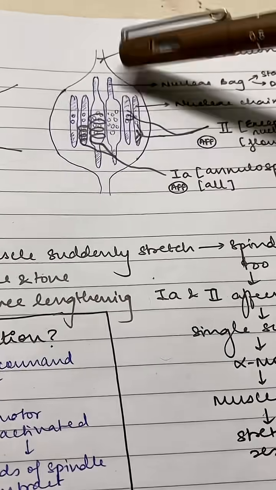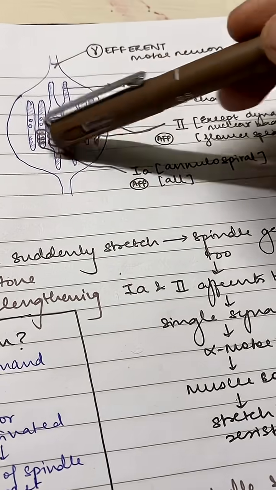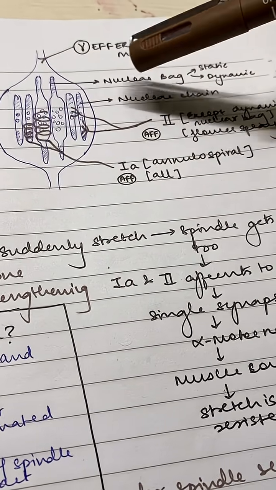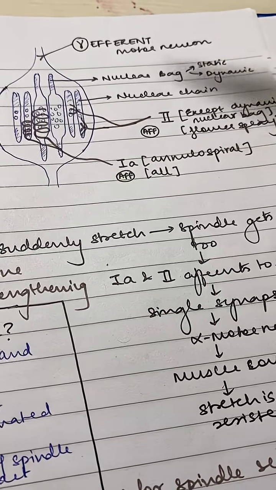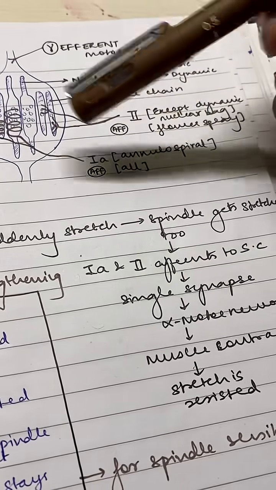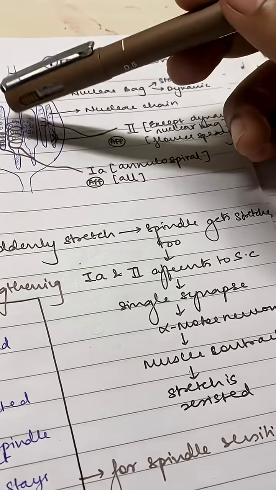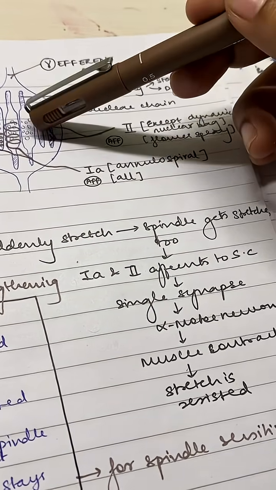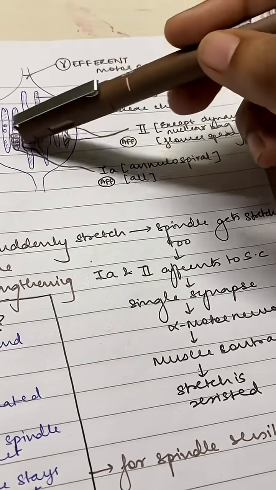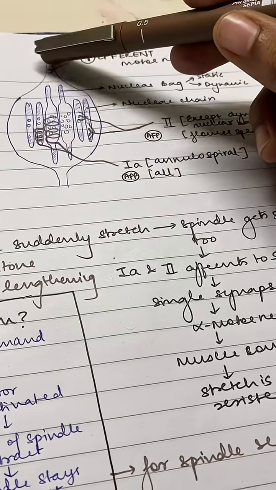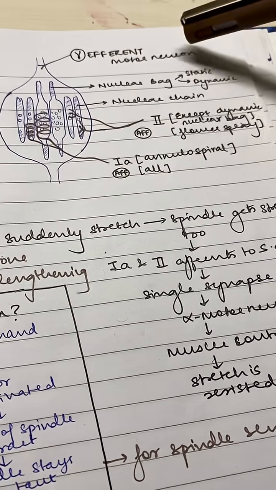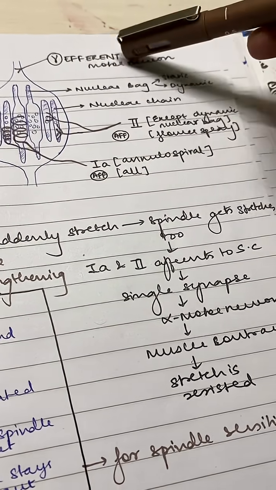Now, when you expand the spindle, this is how it looks. These are all sensory organs. It's made up of nuclear bag fibers and nuclear chain fibers. Bag have static and dynamic components. You have two afferents, which are sensory neurons that take signals from these muscle spindles. The sensory receptor part is present in the center of the spindle, and the peripheries have a few contractile elements which are innervated by gamma efferent motor neurons.